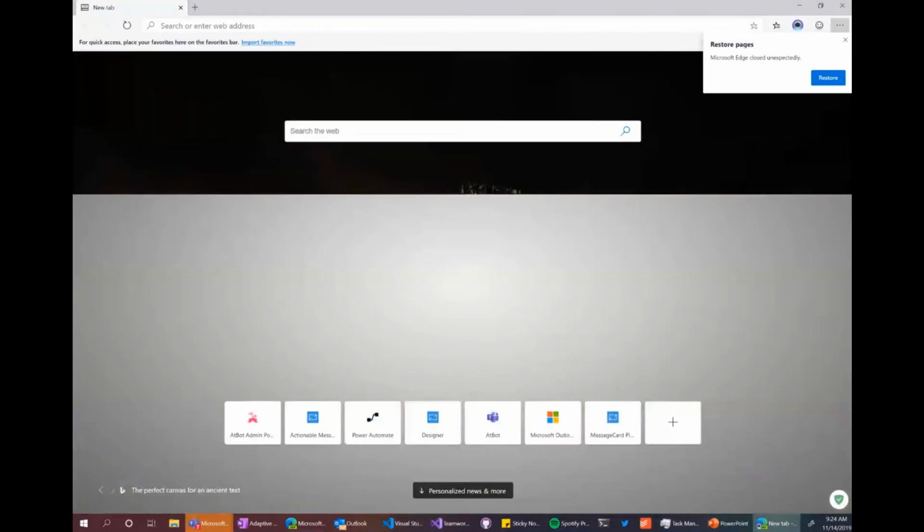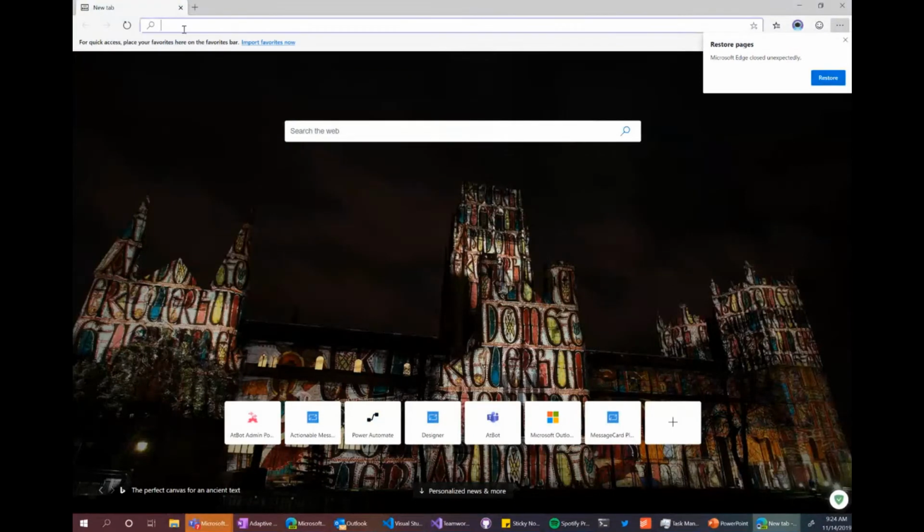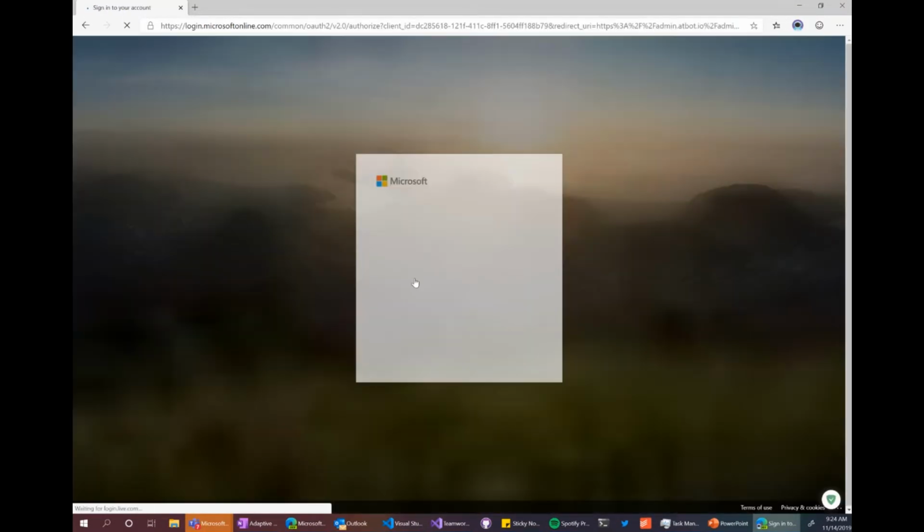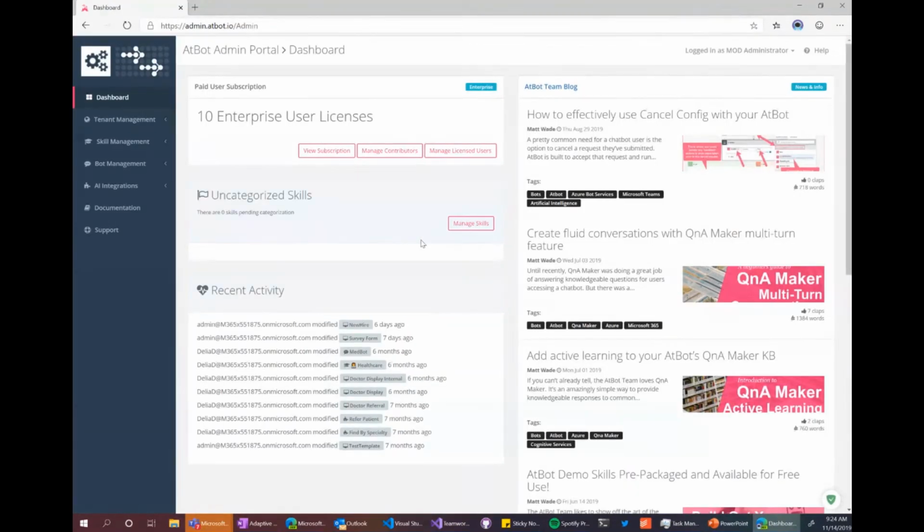Go to admin.appbot.io, because I know some of you are what's known as citizen developers or low code or no code or Power Platform developers who want to be part of this, want to embark on this mission to help their businesses along without necessarily going to a traditional dev team for things.